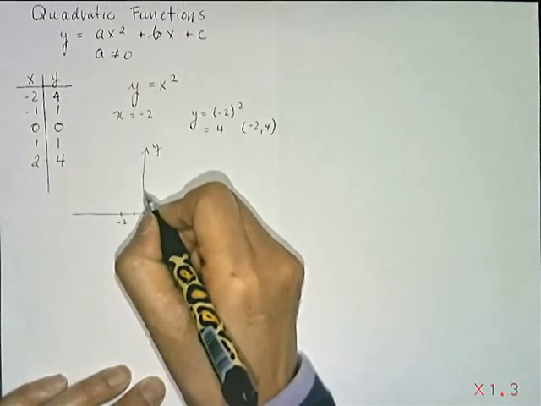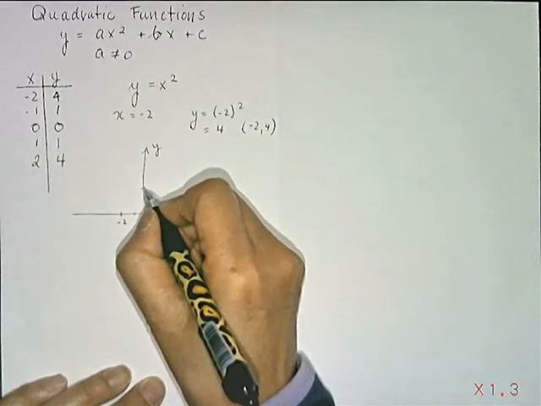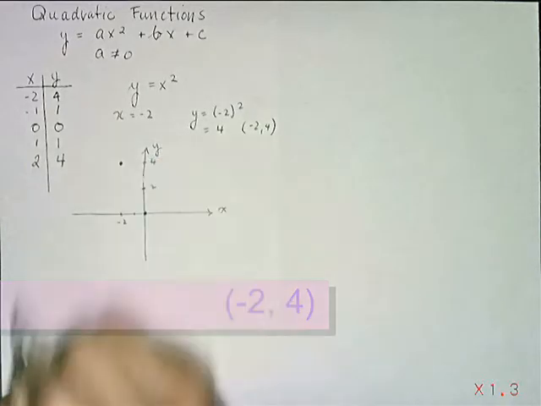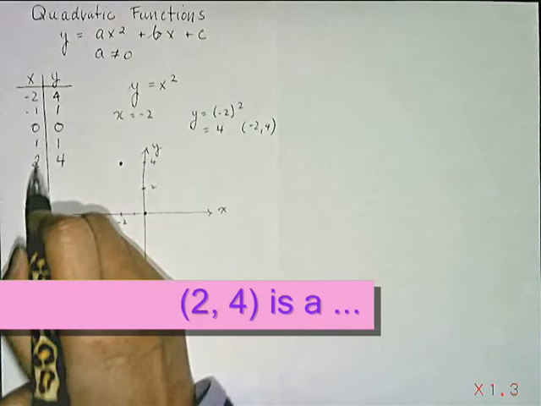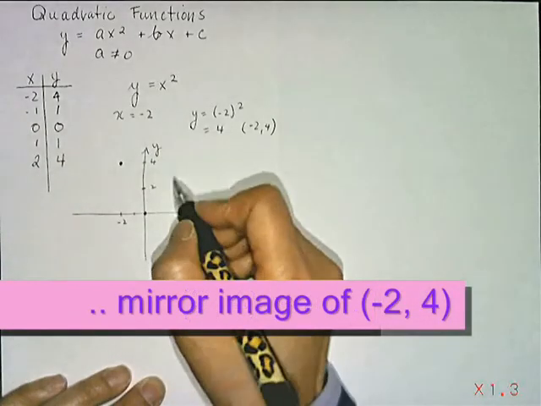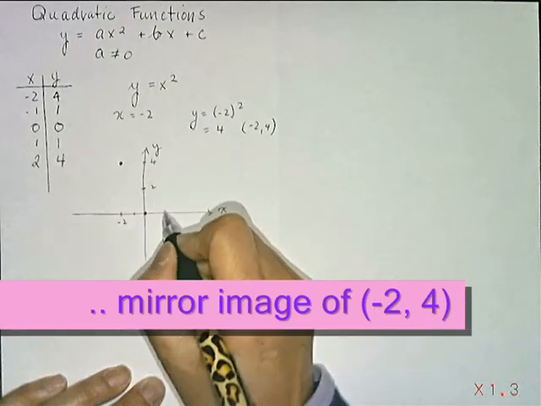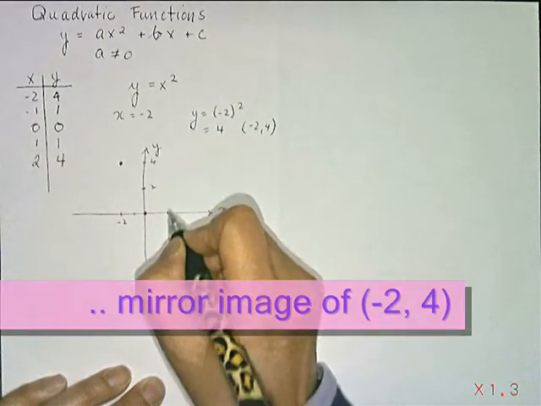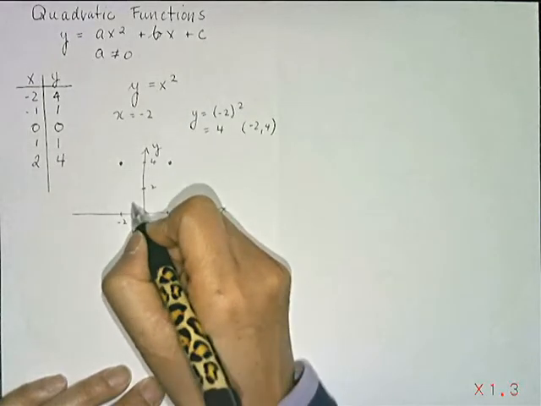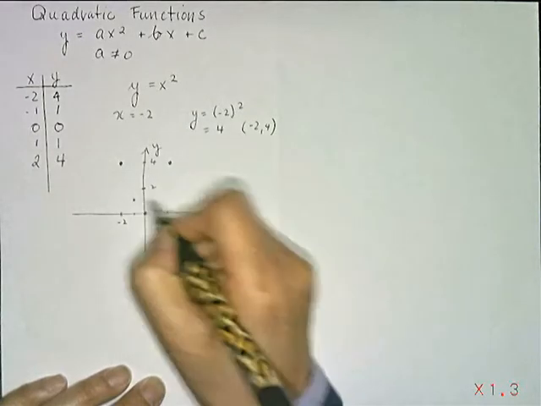So let's try to keep it somewhat to scale. That would be 2, and that would be 4. So 2, 4 is here. And notice there's some symmetry. If it were +2, then +2, 4 is also on the graph. So if this distance is 2, this is +2, and 2, 4 is also on the graph. -1, 1, and 1, 1,